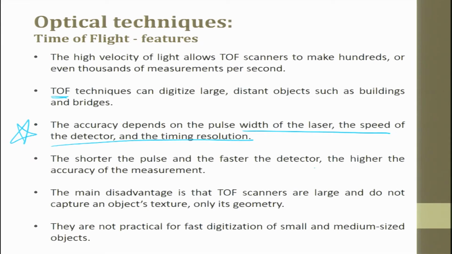The shorter the pulse and the faster the detector, the higher the accuracy of the measurement. So, from microsecond we go to nanosecond, to picosecond, to femtosecond. If you go down in the pulsed laser, where the pulse duration is shorter, you will get higher accuracies. It can be done faster with higher accuracies, but the amount of data to be handled will be very